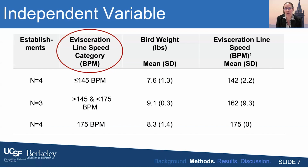So in this study, what was unique about it is that we went to 11 establishments. We were going to go to 12, but one dropped out at the last minute. These establishments all worked between 140 birds per minute and 175 birds per minute as far as their evisceration line speed. We had 4 establishments in a category operating at less than 145 birds per minute. We had 3 establishments that worked between 145 and 175 birds per minute, and then 4 establishments that operated at